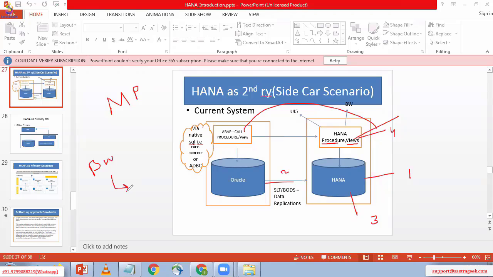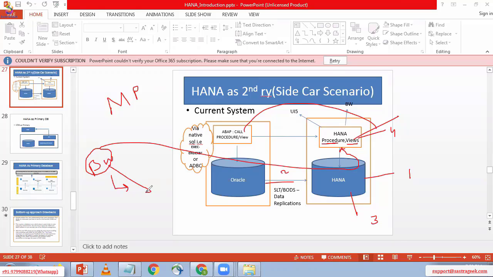These BW people always create the stored procedures, and if they get any technical errors inside the stored procedure, they will allocate those issues to the ABAP consultants.